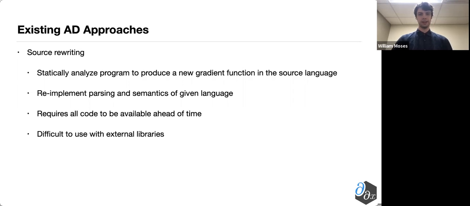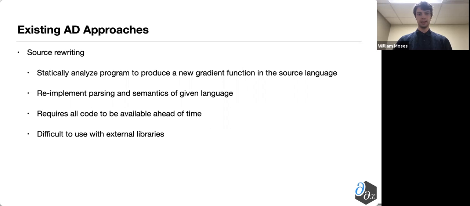It often requires a fair amount of work to be able to do this, such as the fact that it has to re-implement all of the parsing or language semantics, which means that it's difficult to use with more complex languages. As an example, the state-of-the-art approach here, Tapenade, only works with C and not the more complex C++ for all of those features. More importantly, it also requires all of the code you might want to differentiate to be